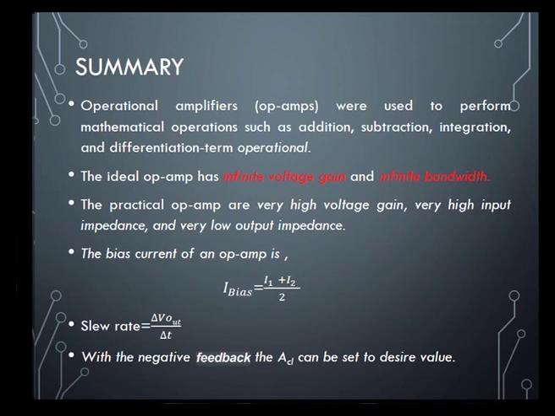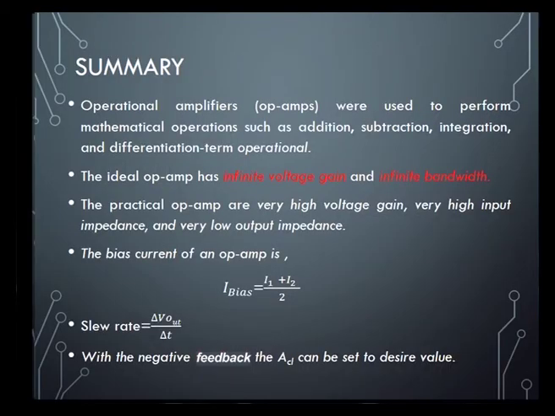Next, we move on to the last section, that is the summary. In the summary, what we have covered till now is the operational amplifier, which we use to perform different mathematical operations like subtraction, multiplication, and addition. In all these things there is a need for a circuit, that circuit is an op amp which we use in digital design. The ideal op amp has different characteristics: it has infinite gain, infinite bandwidth, infinite input impedance and zero output impedance.